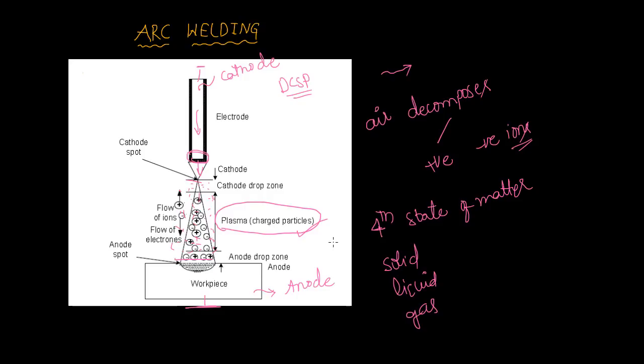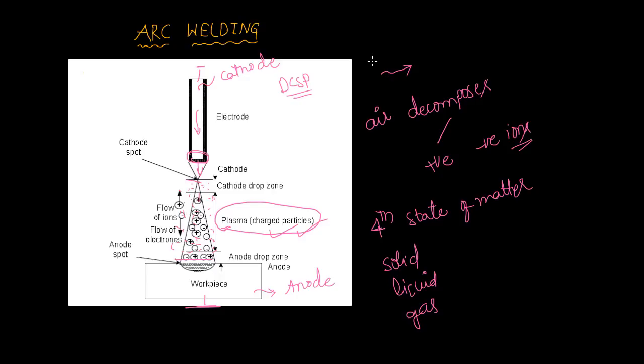If we closely observe, I am removing one electron from the air atom, or I am adding one electron to the air atom. Then that is called plasma. It is an unstable component. It cannot exist for a longer duration. So these charged particles will carry current. That's why current is flowing in the air.